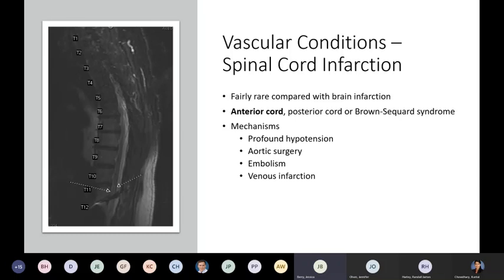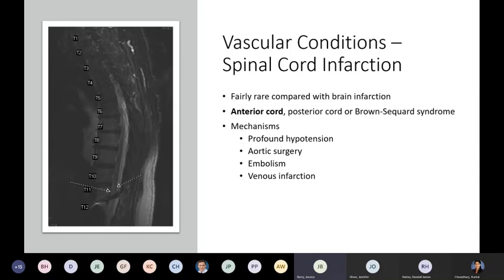Aortic surgery itself is another cause. The incidence of paraplegia after resection of an aortic aneurysm is about 5 to 6%. The exact mechanism in relation to aortic surgery is not clear, but it is thought likely to be hypotension due to cross clamping of the aorta. The endovascular approach is thought to have less risk than an open procedure, but overall there is still a 5 to 6 or 7% rate of paraplegia after aortic surgery. And that is something you do see from time to time on the spinal cord unit here.